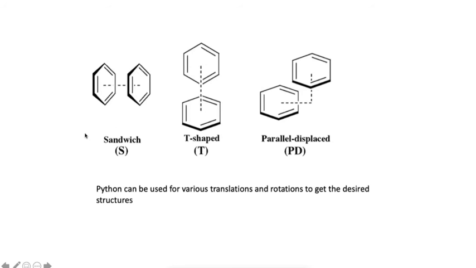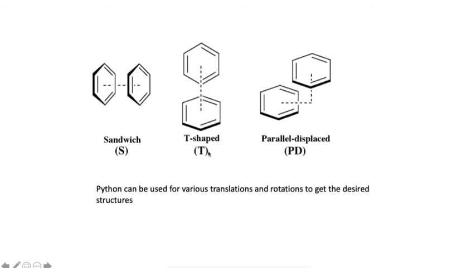You could create a sandwich, a T-shaped or a parallel displaced benzene ring, in which what you just have to do is you have the coordinates of one benzene ring, you copy those coordinates for another benzene ring, and then just place it at whatever distance you want on top of it. This would be a simple translation, and you could create a sandwiched